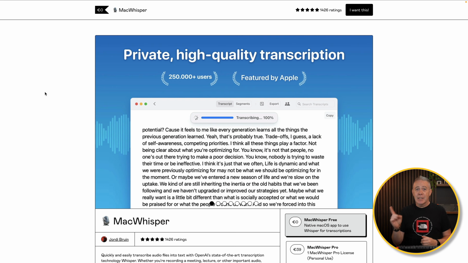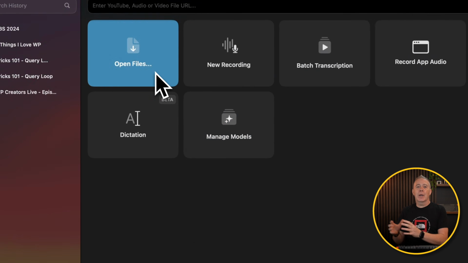Now, this was probably a little bit more niche, but if you have a use case for grabbing videos and you want to transcribe them, or grab podcasts and you want to get transcriptions, or you want to convert them into different languages and so on, create subtitles and all those kinds of good things, MacWhisper is brilliant. This is updated probably every other day. And since I bought this, thanks to David McCann for recommending it, it has changed the way in which I